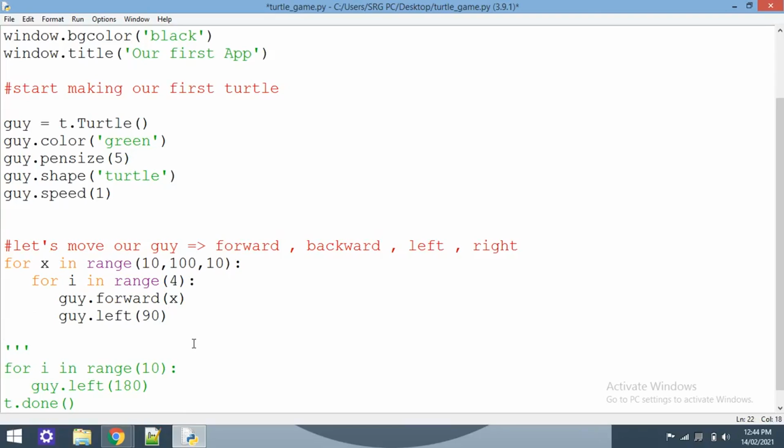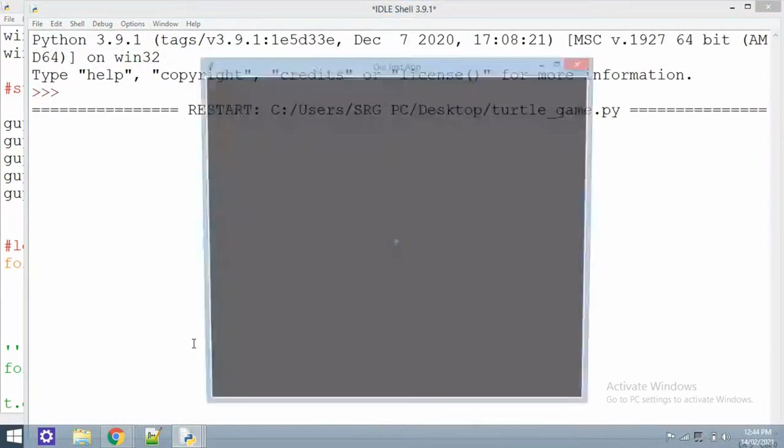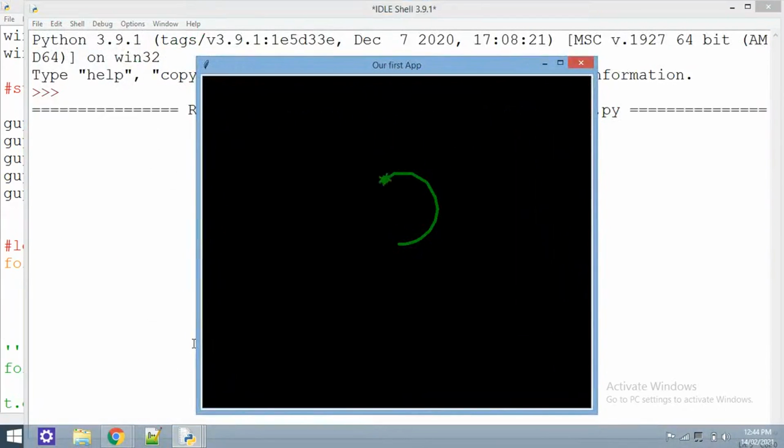So guys, forward, let's have x. So we rotate x times. Let's see what happens. I don't know how it performs. Okay, I think it is going in a circle. It's awesome, right? But too bad, right? It will move 10 pixels forward and then rotate.